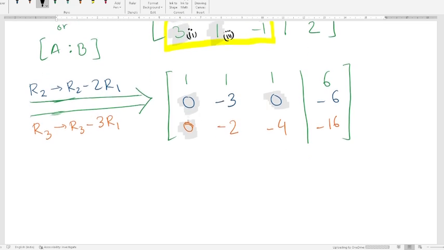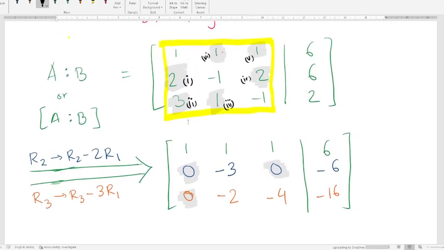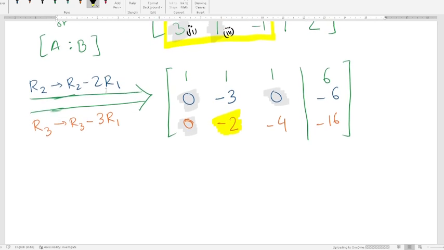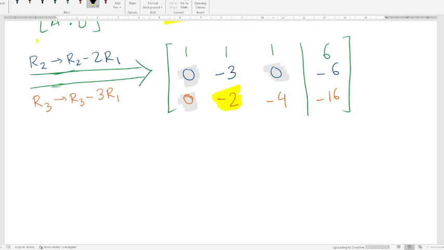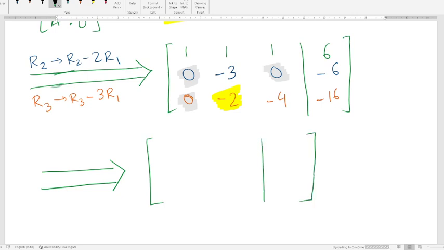Okay. So now the next one is we'll try to make this element -2 in the third row second column equal to 0. That is the next project that we have. Okay. So before doing that, maybe we can do some more transformations and somehow make these numbers a little bit better looking, right? So what we can do is maybe the first row we cannot do much, so we'll write that down,